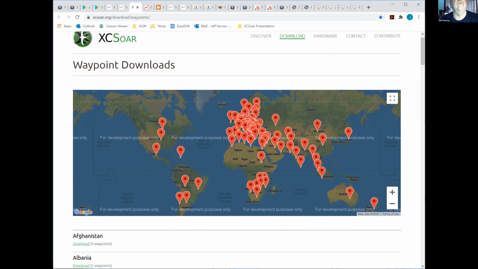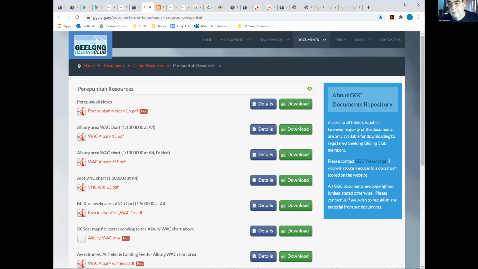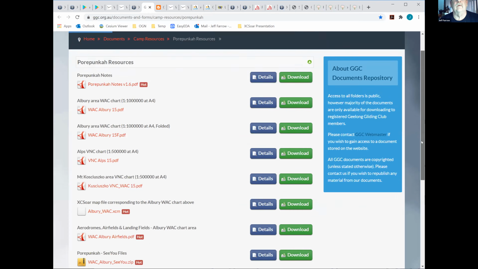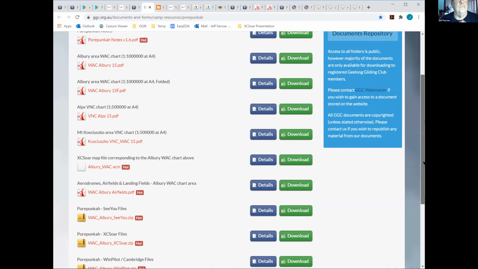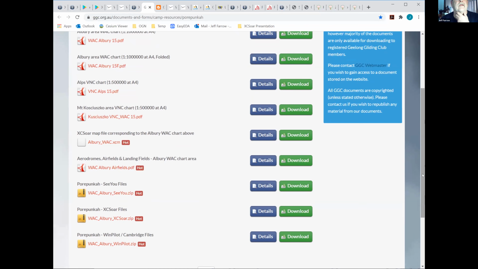These days a lot of clubs will list data on their websites. So this is a page from Geelong's website for its Pacific Camp. And down here we have various packages of data in various formats for the various devices.